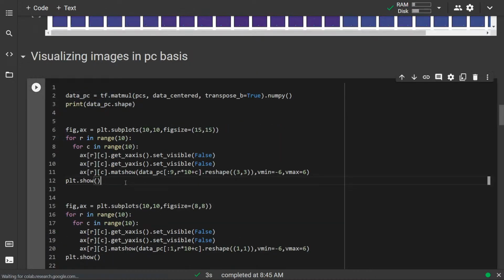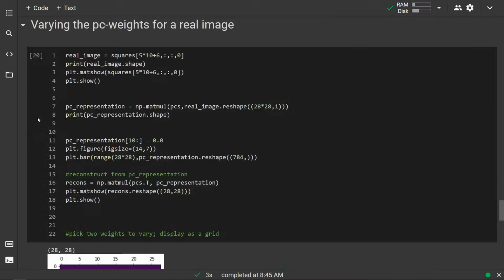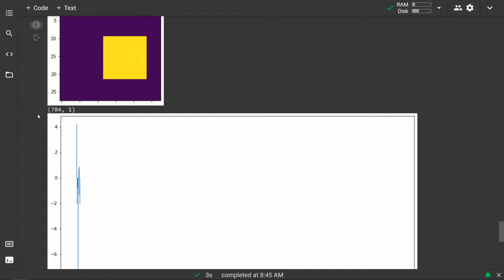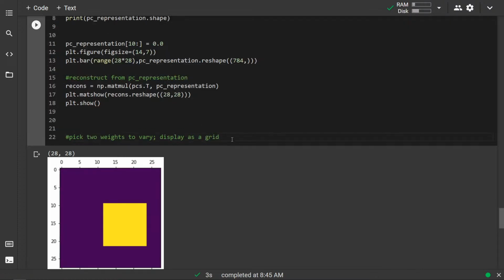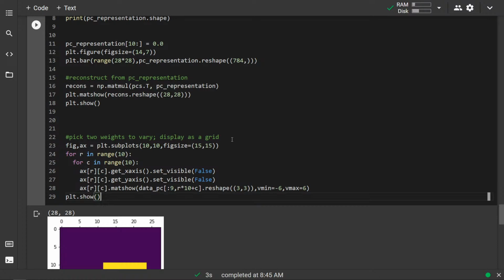So, okay, I need grid code. So this is like grid code, because I don't want to remember how to write that, because that's annoying. Okay, so what are we gonna do here? So we have a reconstruction, and well, no, okay, so we have the PC representation, and